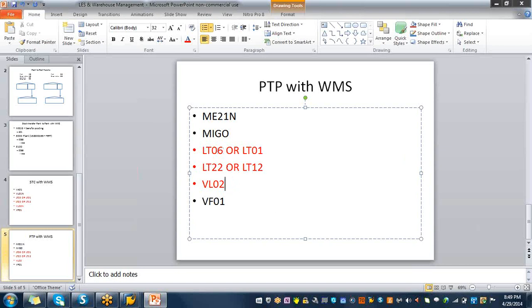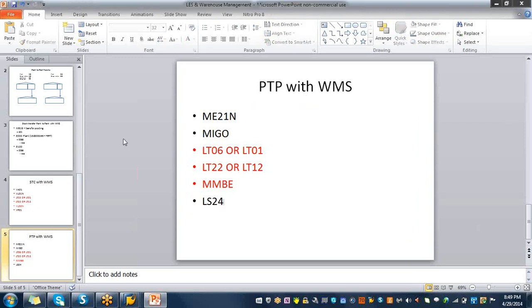Then go and take a look at MMBE. Then go and take a look at LS24 for the stock. Okay, so that completes